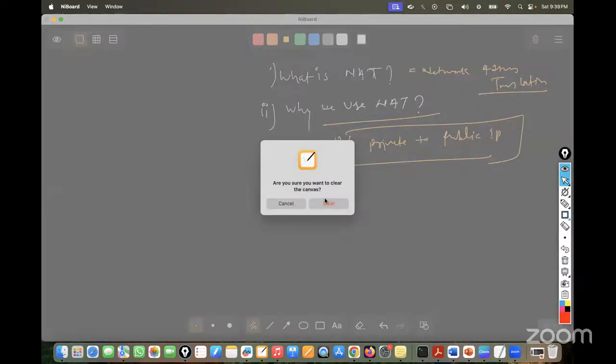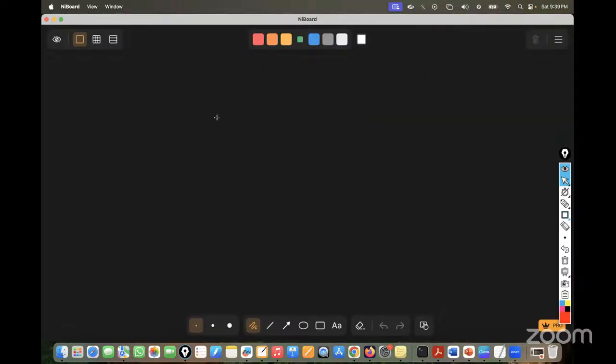So let me clear this diagram. Let's draw some analogy. Let's take an example. Probably there is one office. It helps to hide our internal network series from the public, and if we are sharing our network with any third party, then it helps to hide our internal series. Okay, that's fine. So we have one office that is branch 1 in India and branch 2